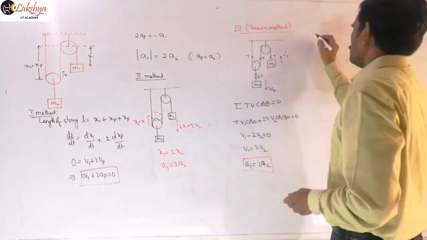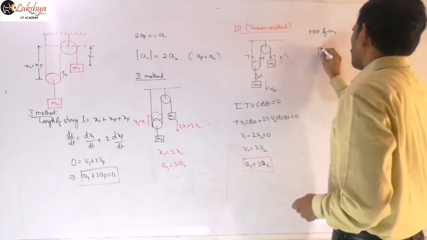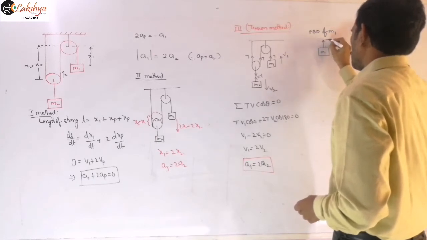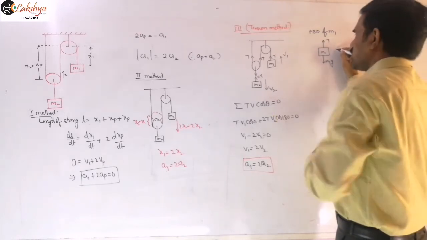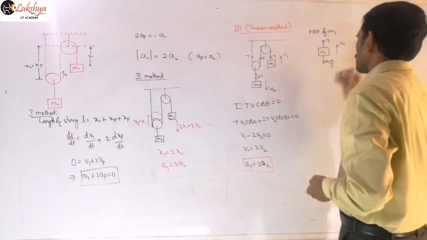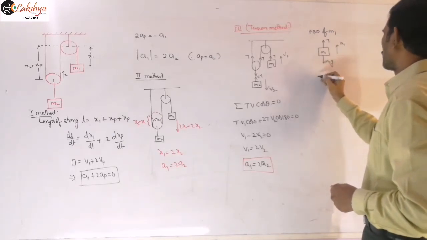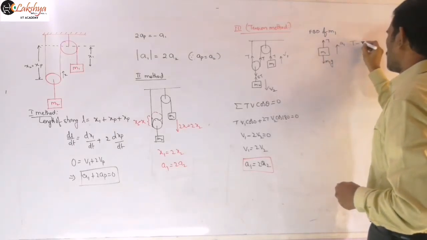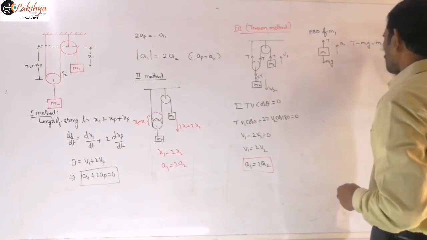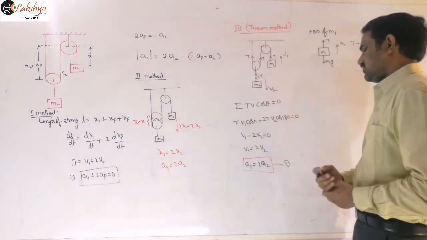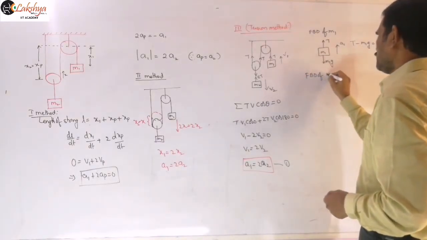That means now, FBD of M1. If you consider the FBD of M1, tension is acting upwards, M1G is acting downwards, and this block, what we assumed, is moving upwards. So the acceleration A1 of this block is in upward direction. So you can write the force equation for this as T minus M1G is equal to M1 A1. Let us say this is our equation 2. This is our constraint relation, equation 1. And next, similarly, let us write the FBD of M2.